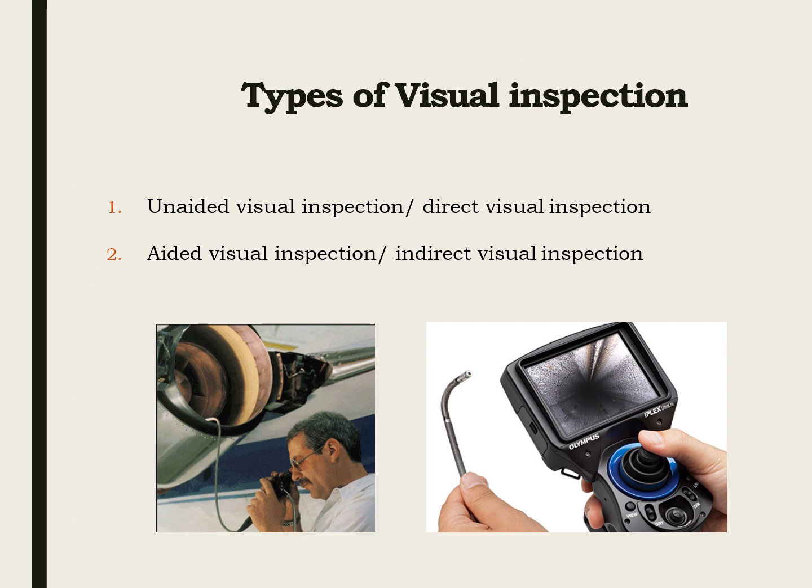Now, we also discussed that there are two types of visual inspection. One is with the help of the naked eye, that is known as unaided visual inspection or direct visual inspection. The second one is aided visual inspection, where we use different optical aids in order to find out the defects. They are called indirect visual inspection as well as aided visual inspection.